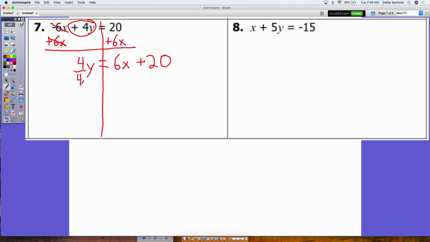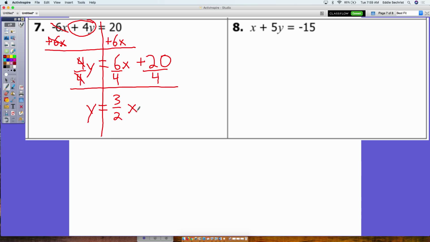We just need to get rid of this 4 that's hanging out in front of this y right here. And we do that by doing the opposite operation, which they were connected with multiplication. Now they're going to be undone by division. And now y is finally by itself. But let's see what our slope will be. Slope is going to be 6 over 4. And we can reduce that by dividing by 2, and it's going to be 3 over 2. Just put the x out beside it,